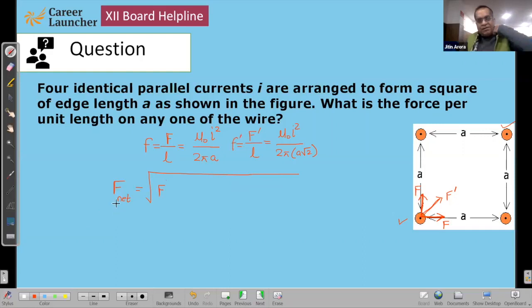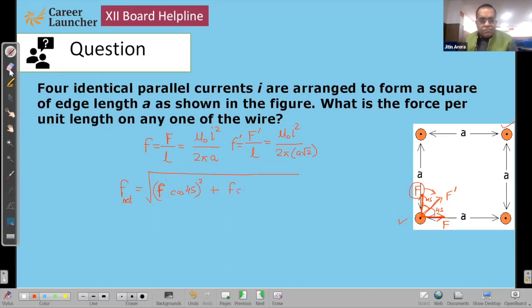So the net force per unit length, let us call it small f net, will be equal to small f. इस वाले फोर्स का इधर जो कंपोनेंट होगा that will be cos 45, इसका भी इधर होगा cos 45 because these angles are going to be 45 degrees each. So this will be f cos 45 square plus f